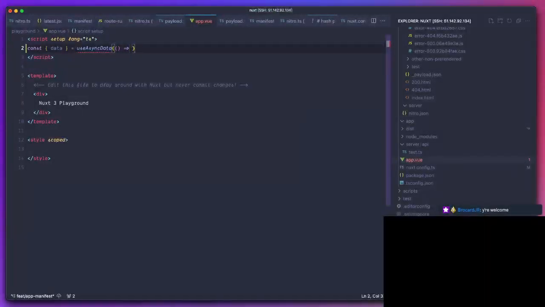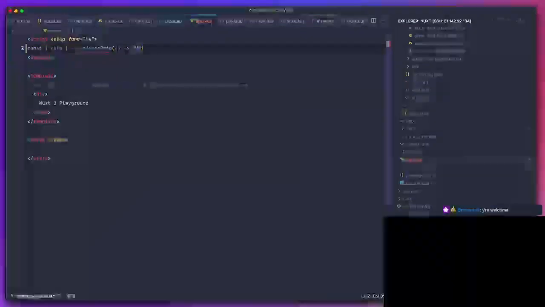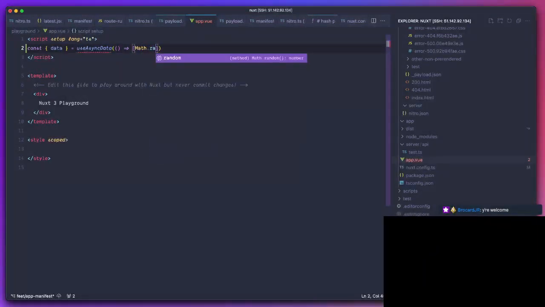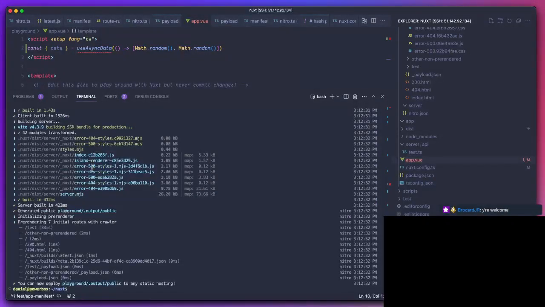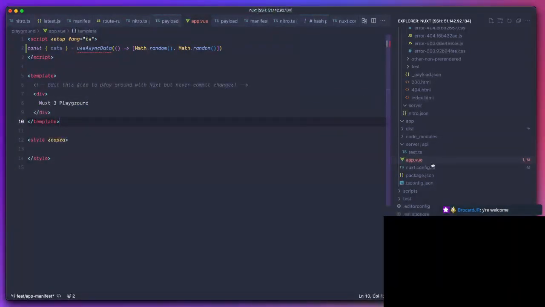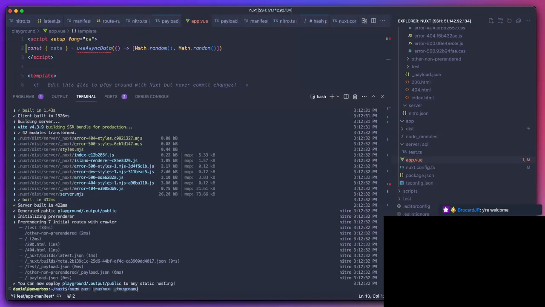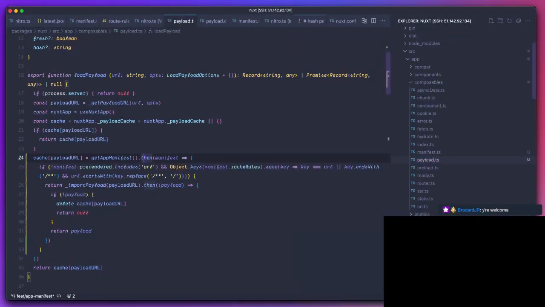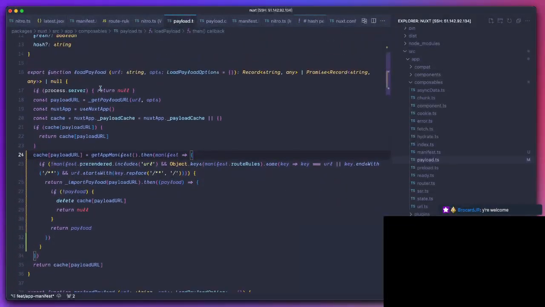We're going to return some stuff. So Math.random, a couple of random values. And what we want to do is pre-render a couple of pages. And so if we were to generate this,